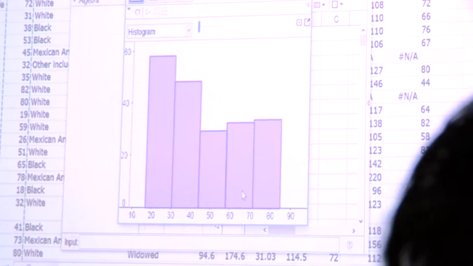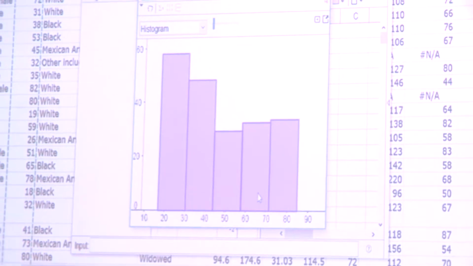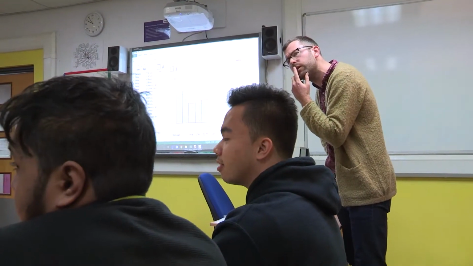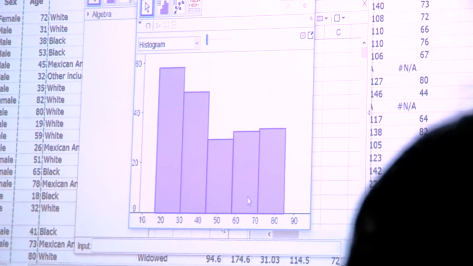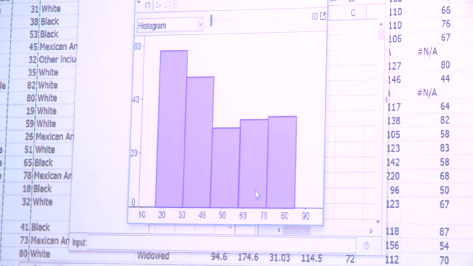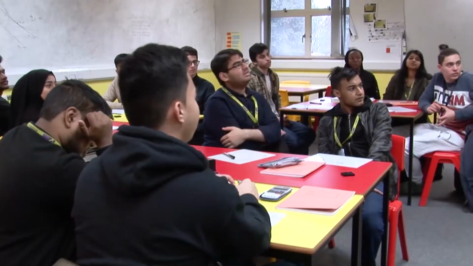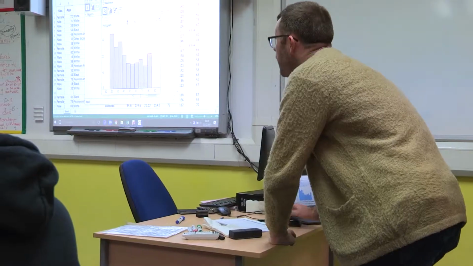If you were going to describe this data on age, how would you describe how this distribution is looking? It's almost like an exponential decay. An exponential decay? Well, Pashal, what were you going to say? It gradually goes down. Gradually goes down? Mainly, there's a lot of young people, 20 to 30. Yeah, okay, more young people, less older people. It just gave them a chance to visualise stuff and then make comments on it.